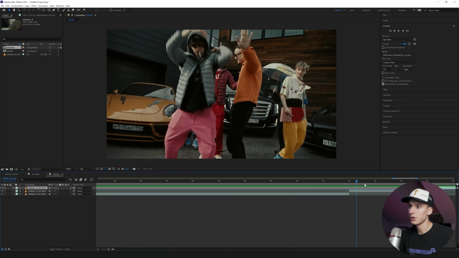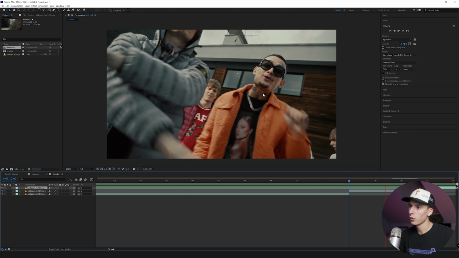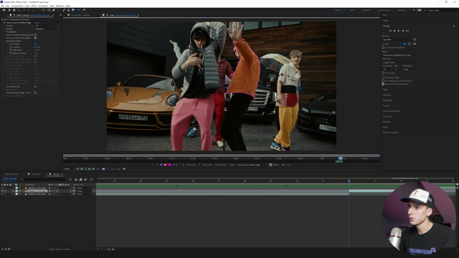So I just went ahead and went in a new comp and found the clip that I want to affect. Right here, this is the clip, Morgenstern. And the first thing you're going to do is go up to this rotoscope tool up here in the top left, click on that, make sure you're selected on the proper layer, and then go to the first frame in it and double click. And I always say, do a good job rotoscoping.